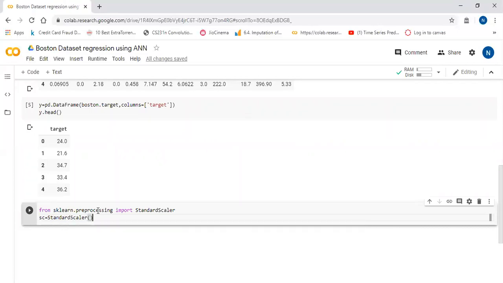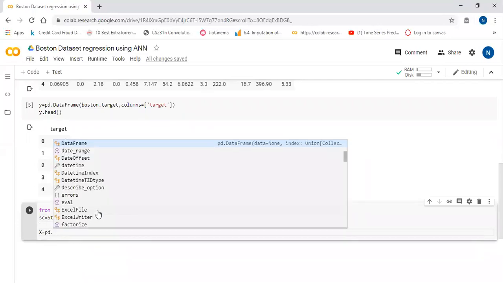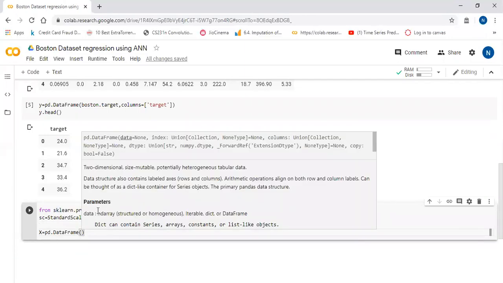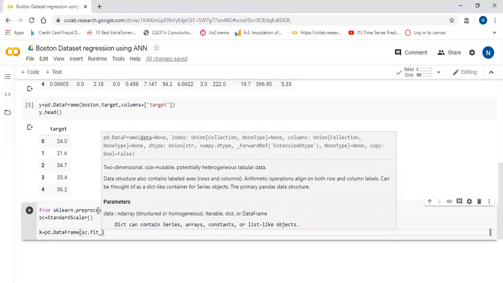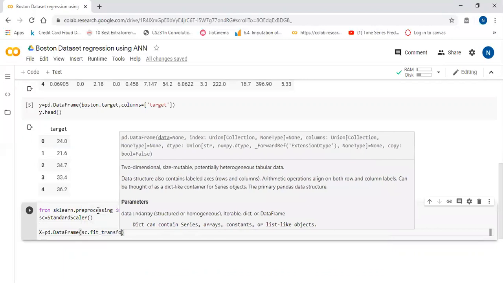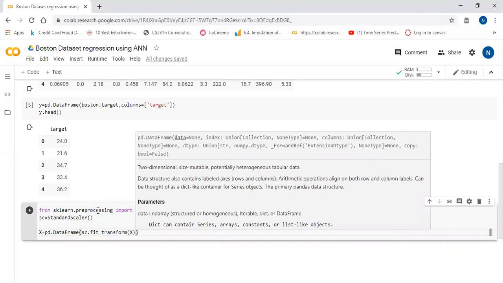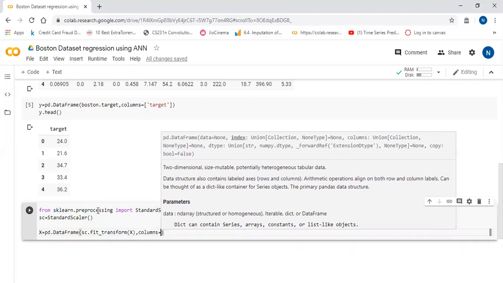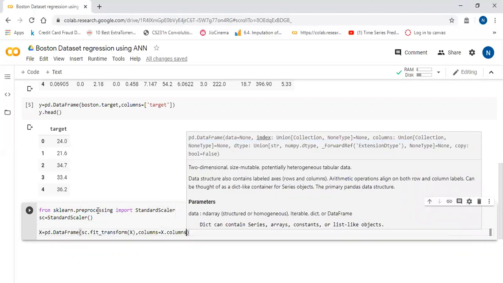Now we will apply the StandardScaler to the features which we have extracted: pd.DataFrame of sc.fit_transform applied to X, and columns equal to X.columns.